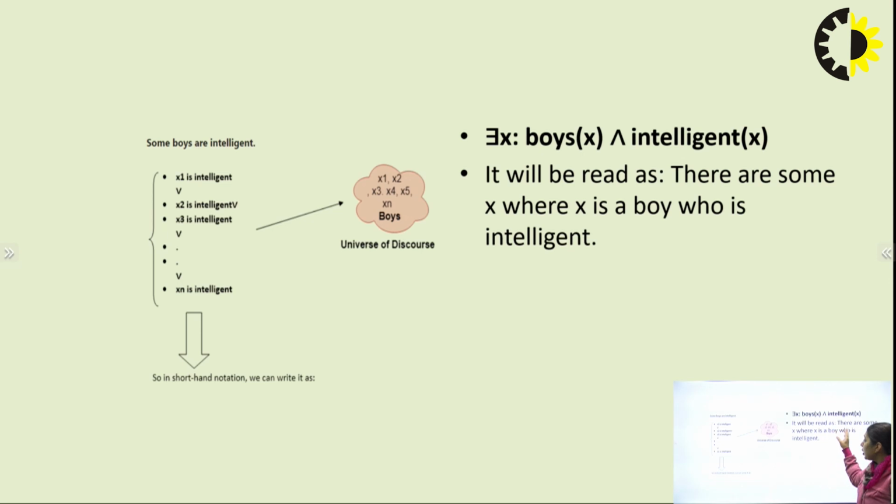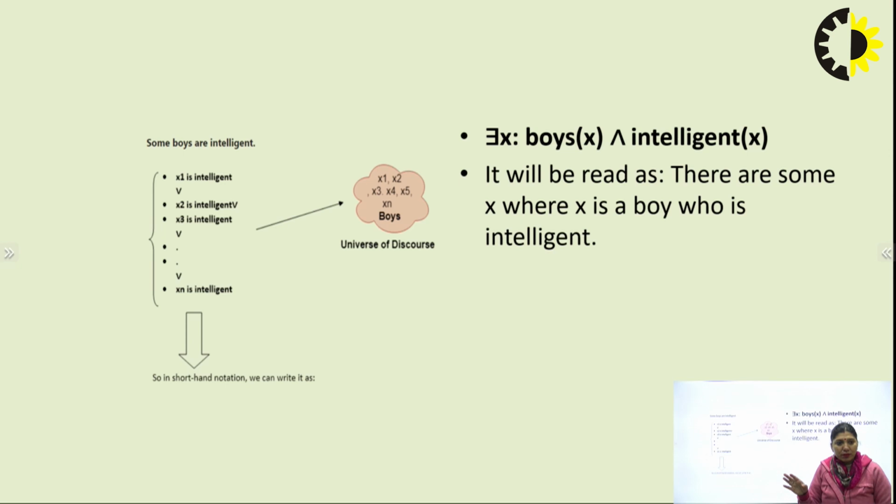where x is a boy who is intelligent, यानी कि सारे boys की हम बात नहीं कर रहे हैं। अगर मैं इसकी जगह जो अपना existential quantifier लगाया, इसकी जगह अगर मैं उल्टा A लगा देती, that is your universal quantifier, that means हम सारे boys की बात कर रहे होते। और यहाँ पर मेरा ये जो conjunction वाला and है, इसकी जगह हम use करते हैं implication वाला symbol, which will simply represent that हम सारे boys की बात कर रहे हैं, all the boys are intelligent. But here is an example giving the existential quantifier, which is simply representing that कुछ boys, for some boys we are talking, there are some x where x is a boy who is intelligent.